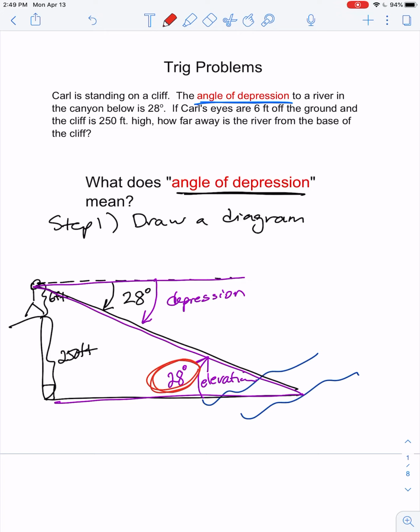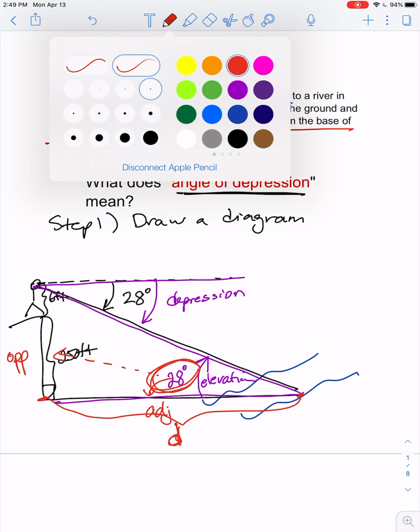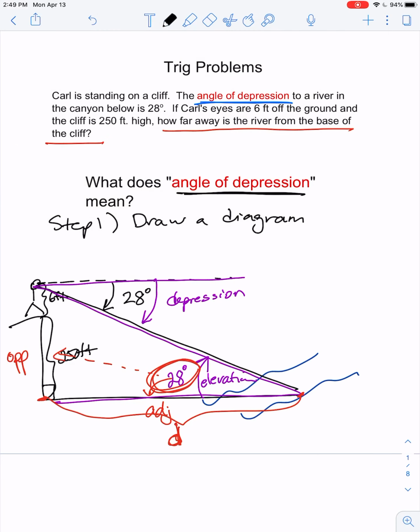Okay, so now we have a diagram, and this angle here is going to be our reference angle. So we go across, that's the opposite. We go right next to, that's the adjacent. And what we're trying to find here, it says, how far away is the river from the base of the cliff? Well, that's this distance here. Here's the base of the cliff, the bottom of the cliff, and how far away is that river? Let's just call that D for distance, or you can call it L for length, or X if you want. It really doesn't matter. Okay, so now that we've got a diagram, we can use our trigonometry in order to solve for the unknown